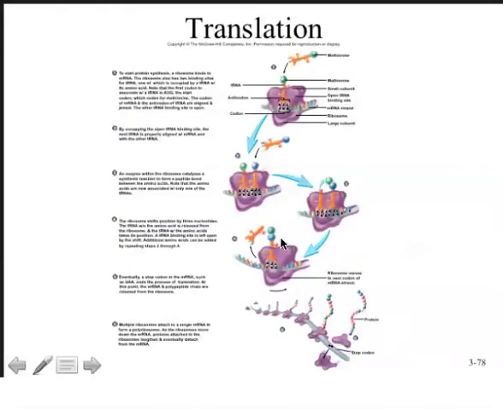It will kick out the first transfer RNA molecule, which is now no longer linked to an amino acid. It will head off into the cytoplasm where other enzymes will recharge it so that it can serve in future translations. And then we'll be sitting now on the top of the third codon. We'll bring in now the third transfer RNA. The process will continue to repeat until we get all the way down to the terminator codon, at which point,